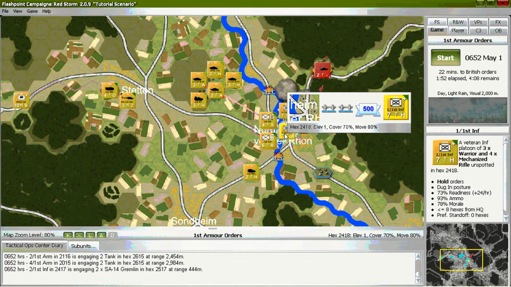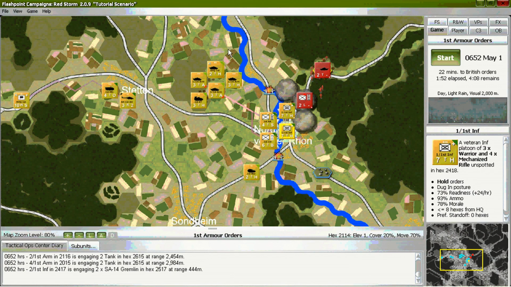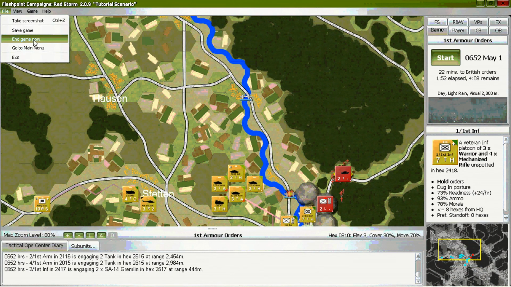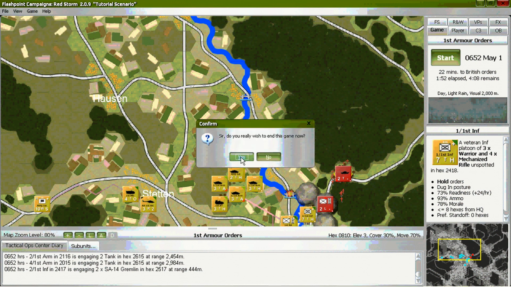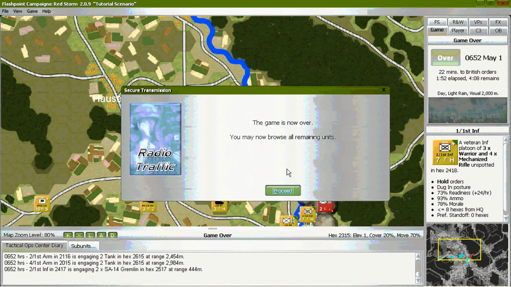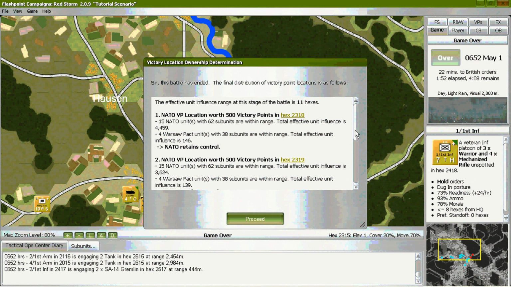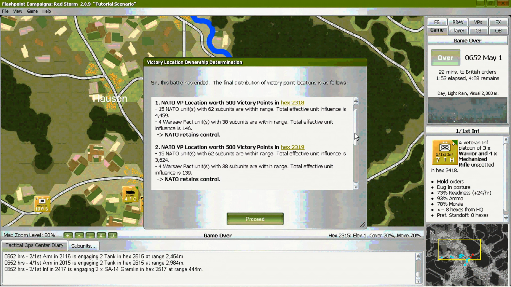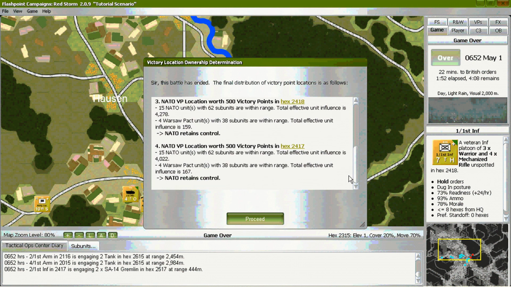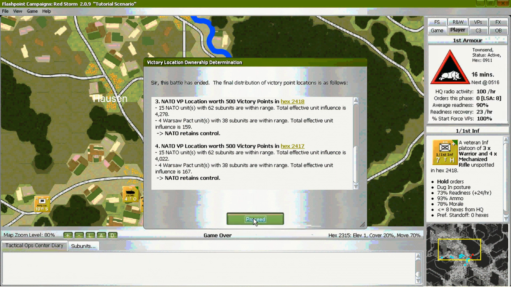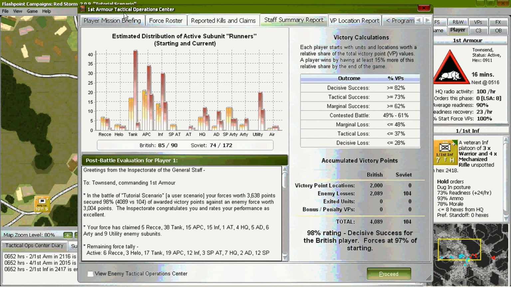We can also end the game now by selecting File, End Game Now. In this case, you'll be presented with the victory location ownership determination, and the Tactical Operations Center will show the remaining forces for both sides.